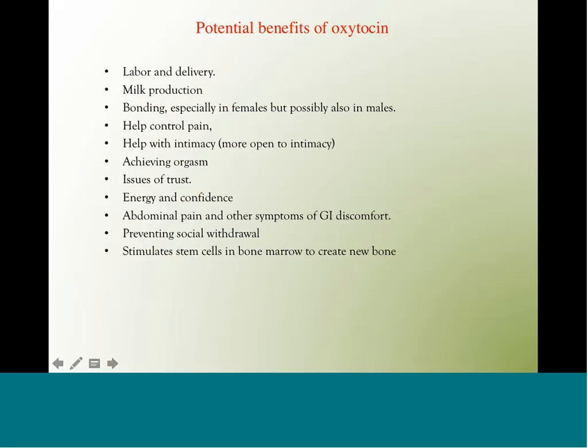Some of the potential benefits of oxytocin include help with labor and delivery. I think that's clear. People do use oxytocin for women that are not progressing through labor. It's used quite effectively in that category. Oxytocin is involved in milk production. I don't think it's particularly used in this. There are other agents that also help with milk production, such as domperidone, which are more often used, but definitely this is a fairly clear role.